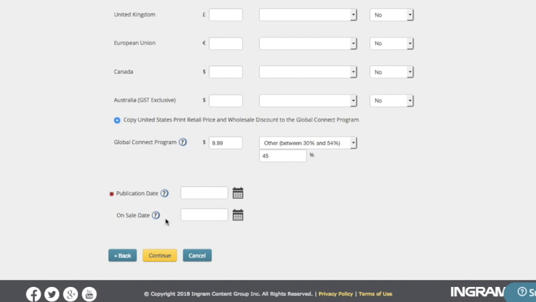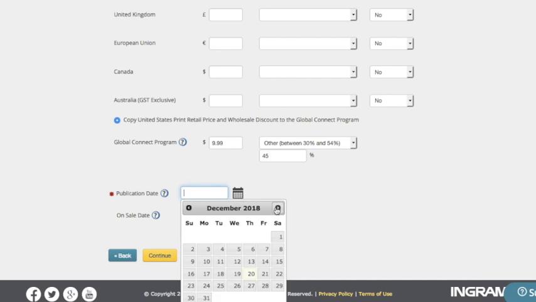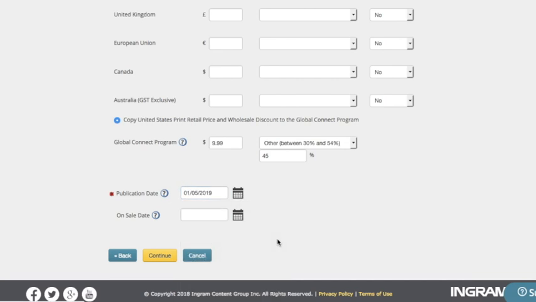I have never used both of them. I just use the publication date, because it's the release date. So if I was to release it next month, I'm not going to change this at all. Now, if I continue here,